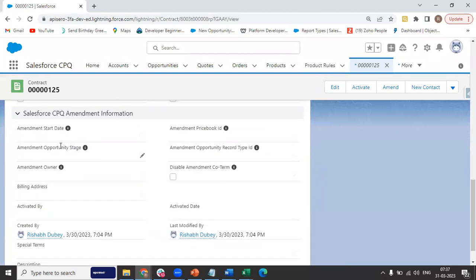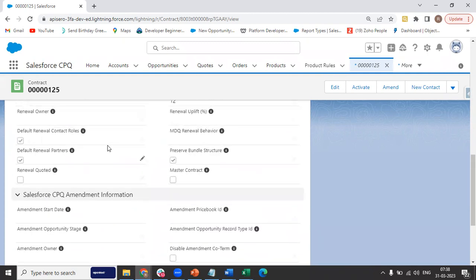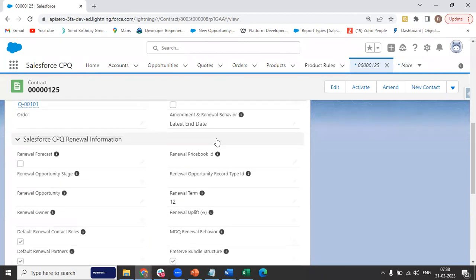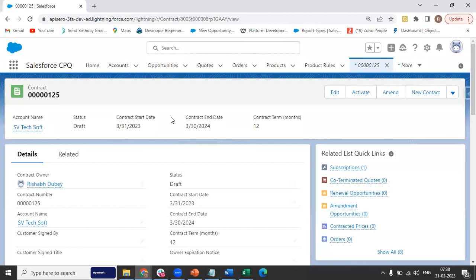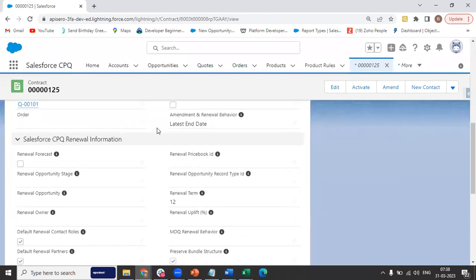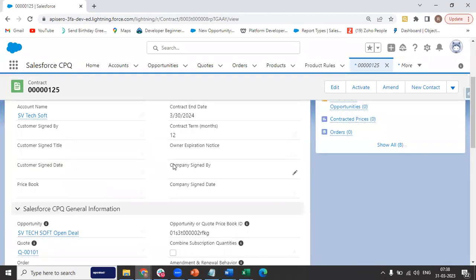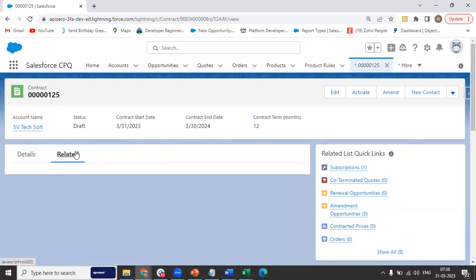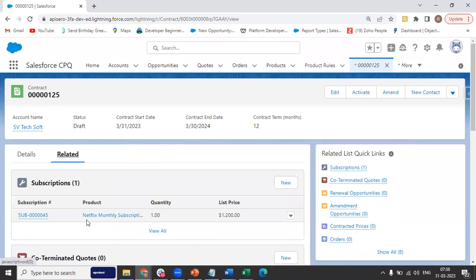And then we have this amendment information. Suppose after purchasing some subscription, the end user wants to make changes to those subscriptions, then we will use the standard CPQ amendment functionality. So as of now, my contract has been generated. Now, what I want to do, I want to create a renewal opportunity for this product, Netflix monthly subscription. To do that,